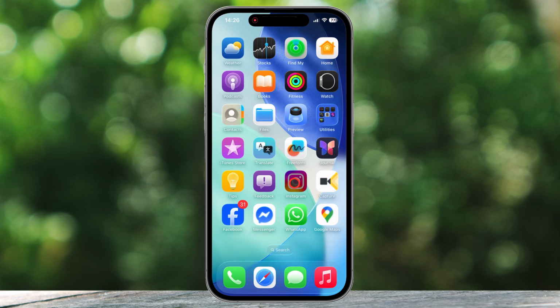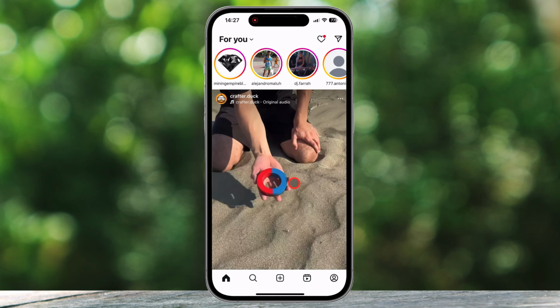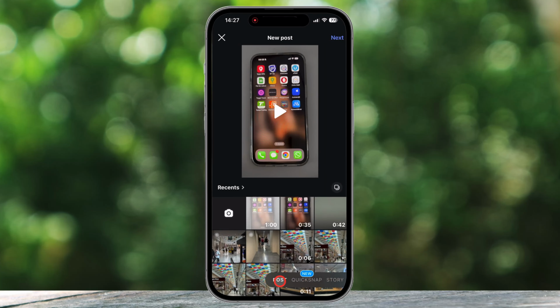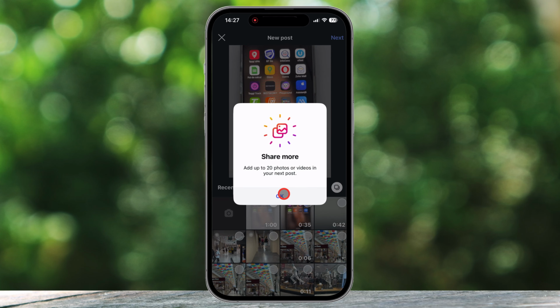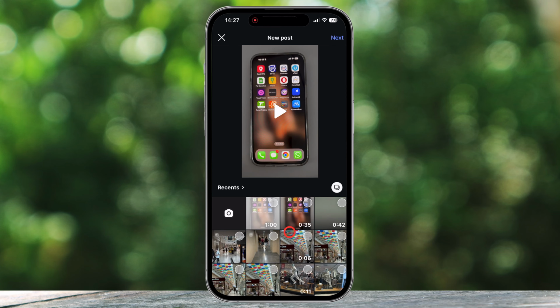a story. To begin, you will first need to open the Instagram app and tap the plus icon to start creating a new post. In the gallery, you must tap the special icon with multiple layers to activate the carousel or multiple selection mode. Now you can select up to 10 different photos and videos from your phone's gallery in